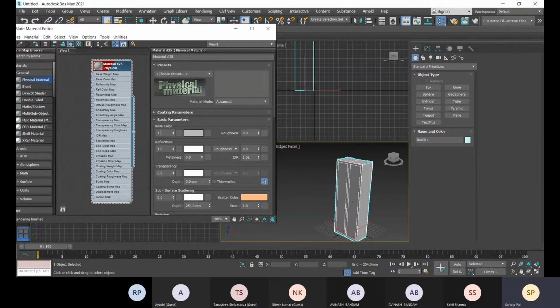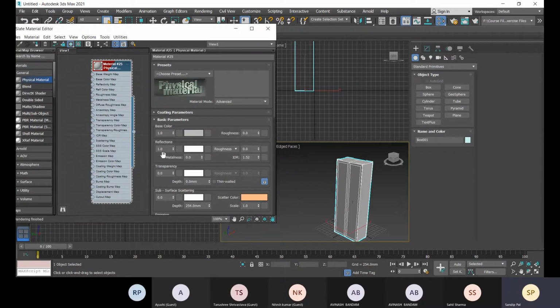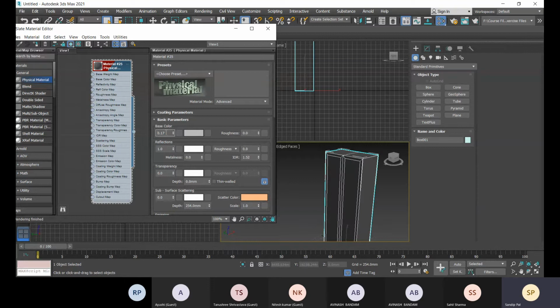When you choose advanced, you get more options. Here you can change the base color, how much color will be there, and you can apply a map also. This way you can change the color effect.